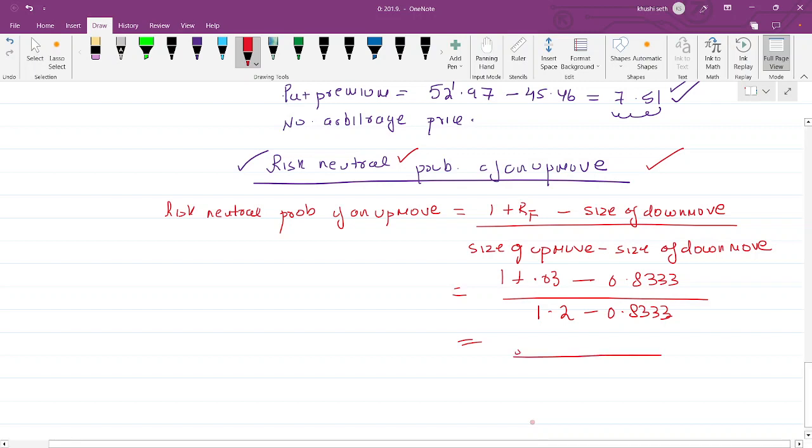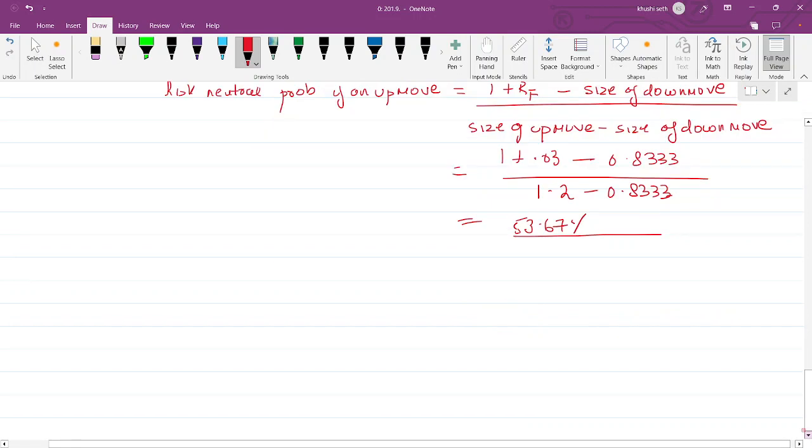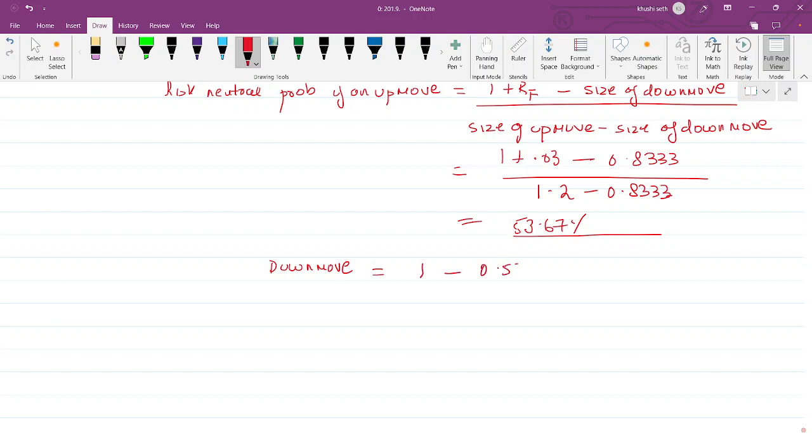53.67%. This is the risk neutral probability of an up move. Now risk neutral probability of a down move is going to be 1 minus risk neutral probability of up move. Because you know the sum of probabilities of mutually exclusive and exhaustive events sum up to 1. So the risk neutral probability of an up move plus risk neutral probability of a down move should add up to 1, right? So that is why to calculate the risk neutral probability of the down move, I am deducting